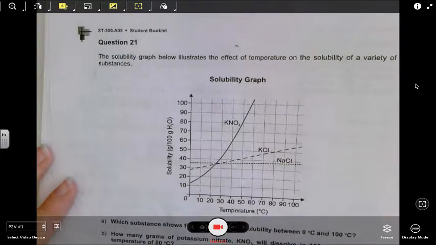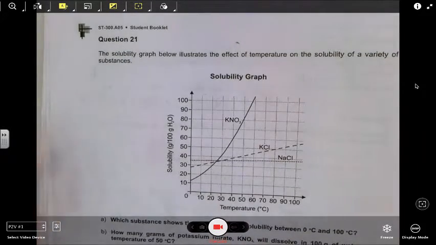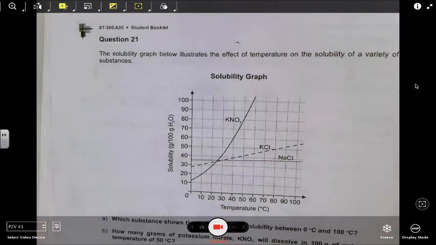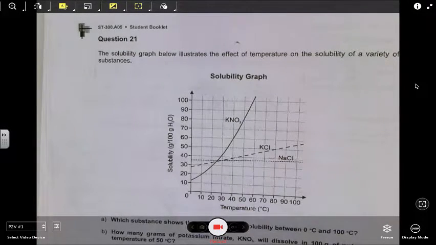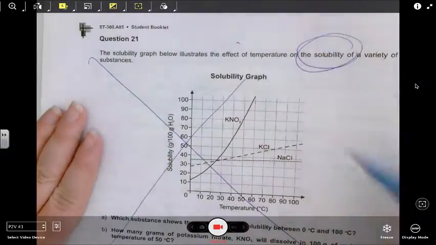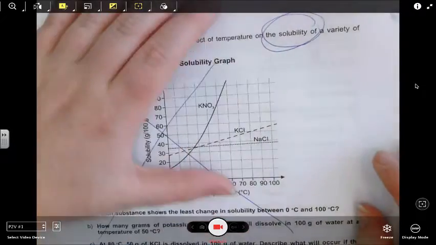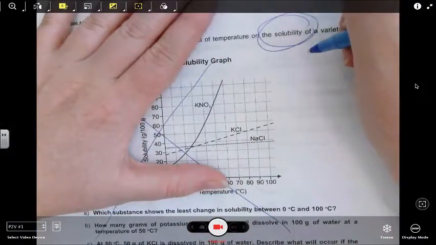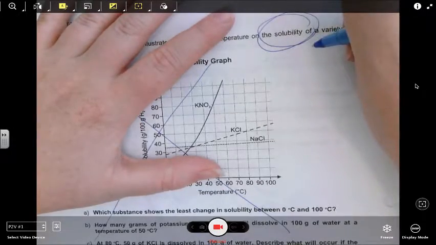We did not study this year, so we didn't have to do it. Mr. O'Brien's class didn't do it either. We are not doing anything this year that has to do with variation of solubility or variation within temperature. It is, however, important for you to know what solubility means. So I'm going to cross out the question, but I want you to know that this is one of our characteristic properties. That means if two things have the same solubility, you can decide that it's the same thing.